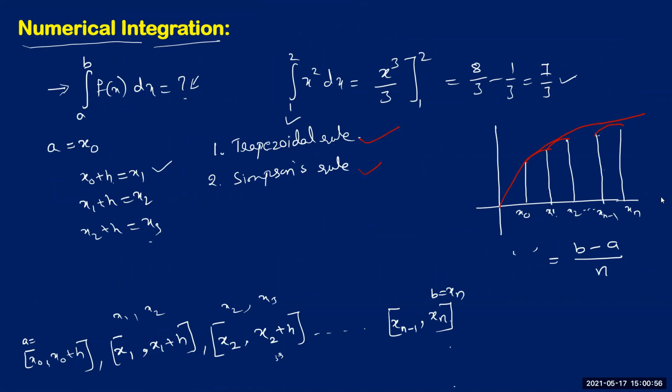When you add areas of all these trapeziums, the only values which don't repeat are the initial function value and the last function value. Remaining all repeat 2 times. Why? You can understand. The first interval is x0, x1, and the next interval is x1, x2. So if you calculate the areas, you will get the function value at x1 in the first interval, and the function value at x1 in the second interval also. So function values at x1 will be repeated 2 times, not only at x1, even at x2, x3, and up to the last but one point. For all these, when you calculate the areas of trapeziums, we get the function values 2 times.